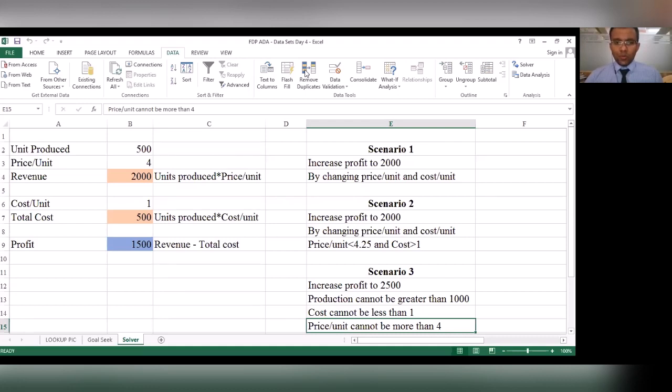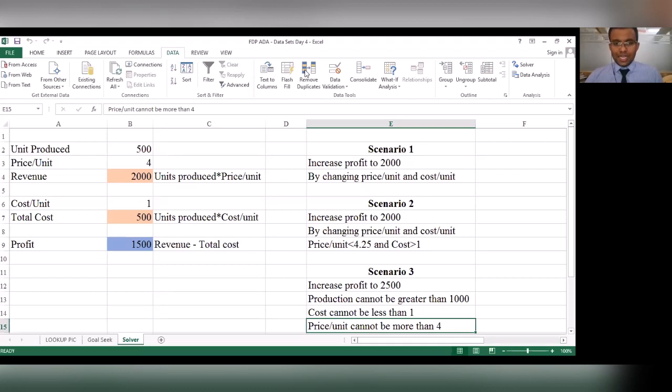In the meanwhile, there were a couple of people who had some queries with the lookup using pictures, so I will explain that once again. But for the others, if you have understood the concept, you're free to drop off. Otherwise, if you have any queries, I shall pause here for a minute.